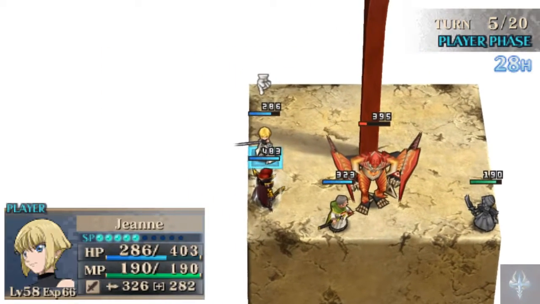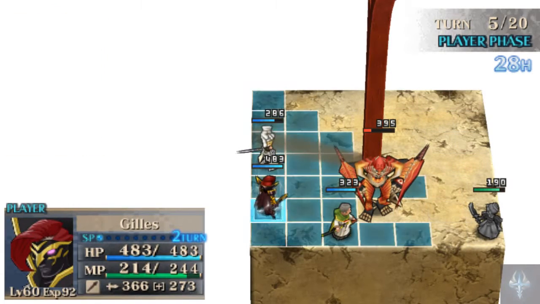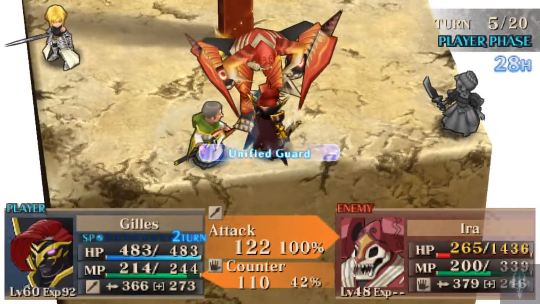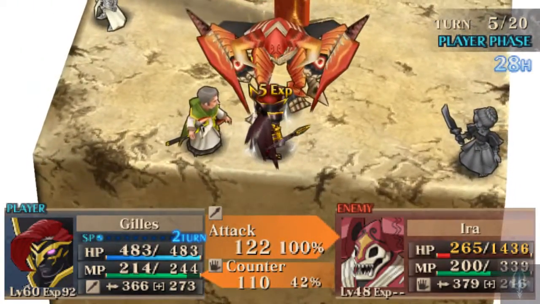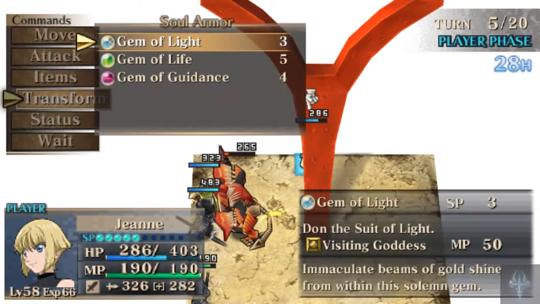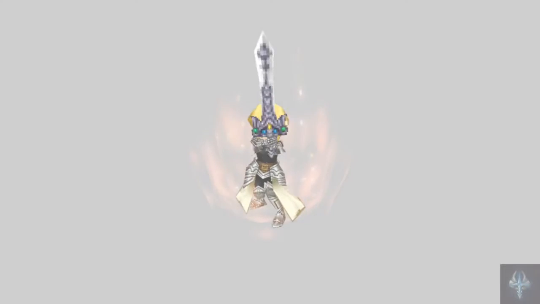Alright, let's see. I don't think I can get... No, I can't get around, but I can do this, and... That'll do it. And swing and a miss. And we're going to transform with Jeanne, and we're going to use a goddess skill. Well, we can do Gem of Life, that's more than enough. Not that we need Gem of Life, but...